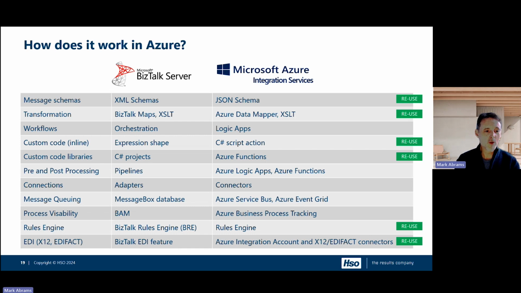So, for example, going back to that example with the BizTalk Mapper, which is essentially XSLT for transformations, you can take those existing investments that you have with XSLT, drop them into a Logic App environment in Azure and start using them. You don't need to redevelop them or re-engineer them. You can use them straight away. And it's true for some of the others as well. So the rules engine, for example, some of you may be using the rules engine and have got a series of policies and vocabularies that you're using. You can just lift and shift those into the equivalent rules engine within Azure.